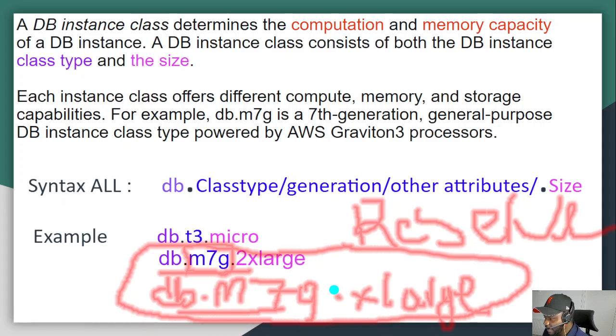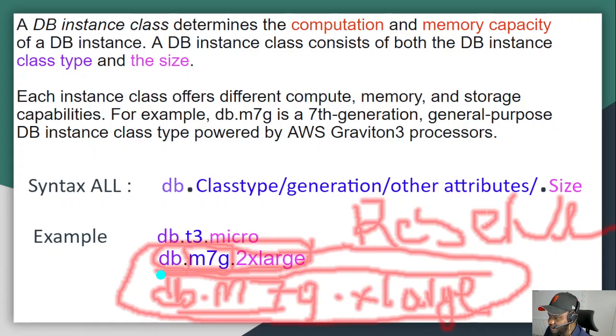It therefore means that this DBM7G 2X large is twice this. Sorry, it's like two of these DBM7G X large makes this, right? It means that this is twice this. So if today I decide to get a reserve instance, okay, if I decide to get a reserve instance that